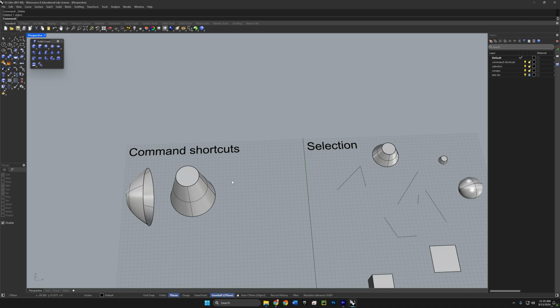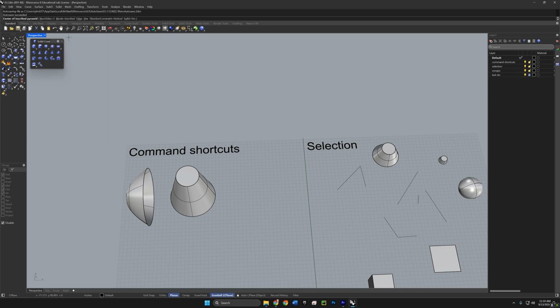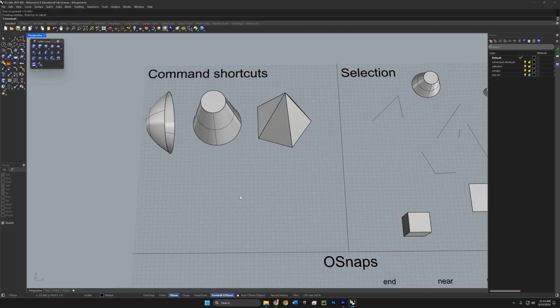A third method for running the command is to use the menu button. So if we want to create a pyramid, we can come up to the Solid menu button and then come down to Pyramid and then build it. A fourth way of running the command that we haven't covered in previous videos is with